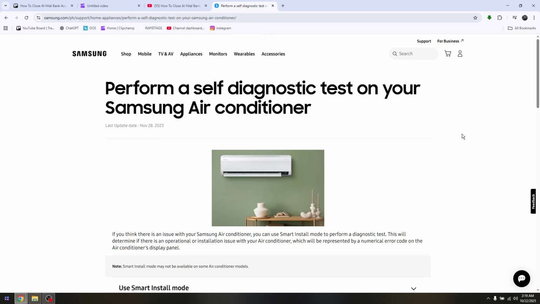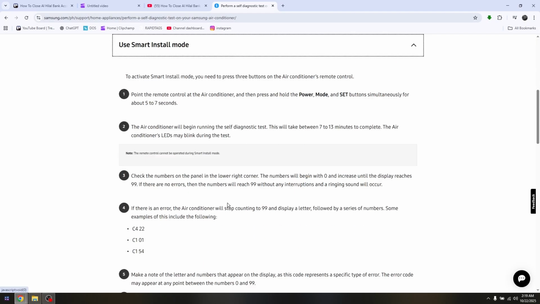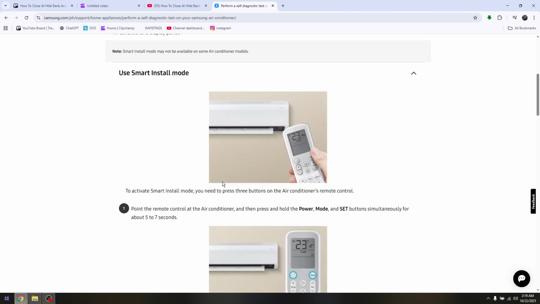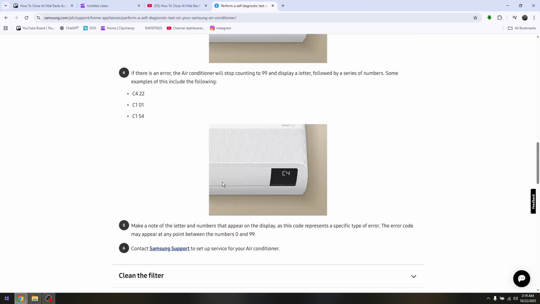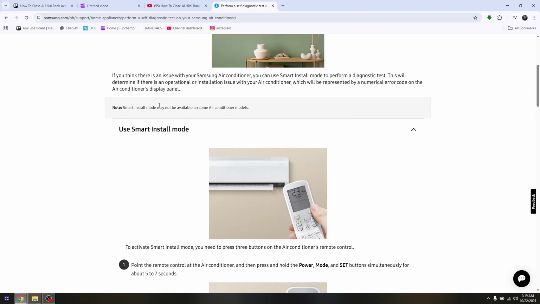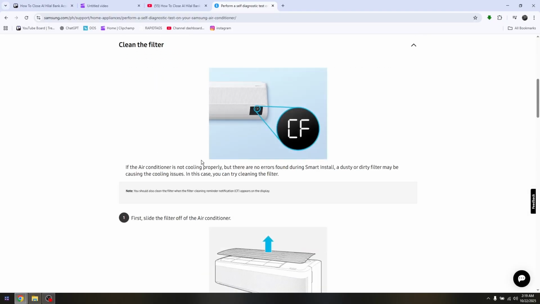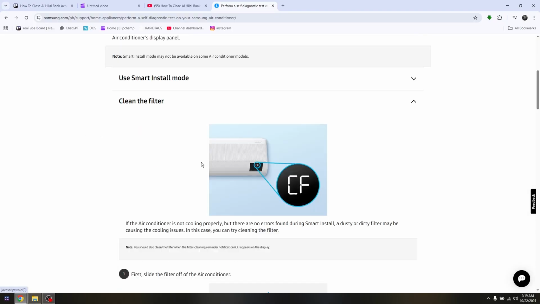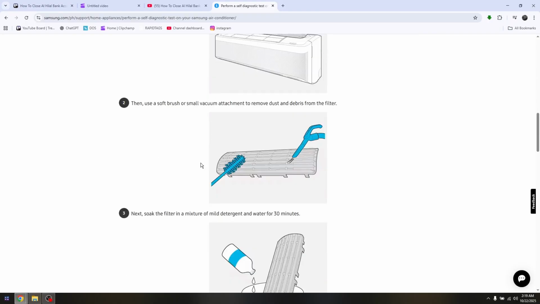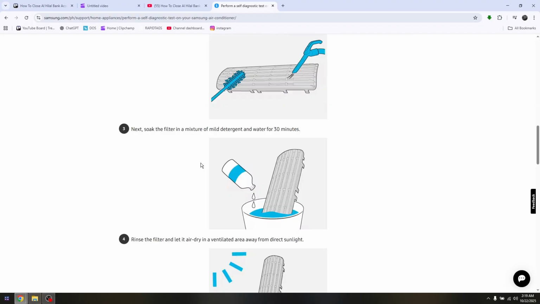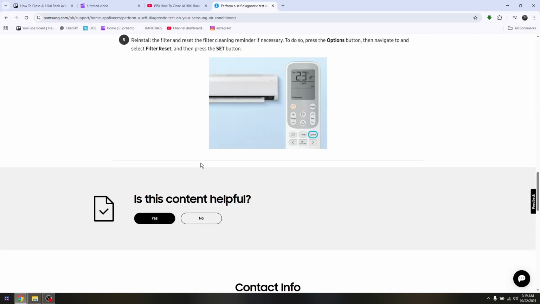How to fix the Samsung ACC4 error code. Now, first things first, just for precautions, if you're not knowledgeable about wirings directly from any gadgets, especially AC or air conditioner, you might have to take a look and book your appointment with a professional technician to avoid any issues or accidents. So I'm going to be showing you the very common way of troubleshooting this specific error